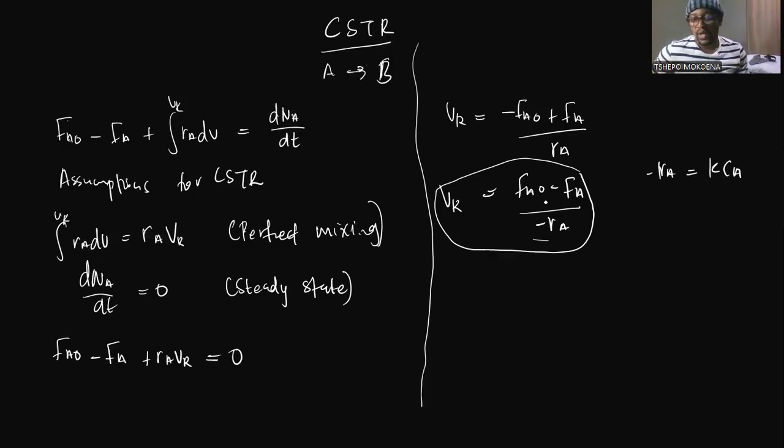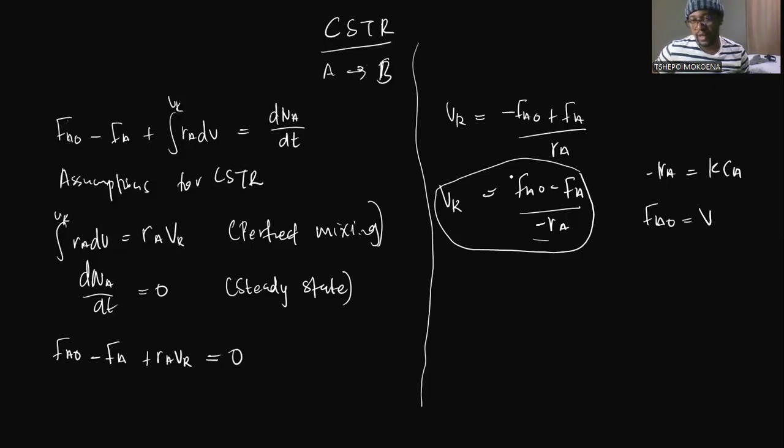We also are supposed to introduce our molar flow rate in terms of concentration. So stoichiometry, we know that to get the concentration, we can make use of the equation FA or FA0 is equal to